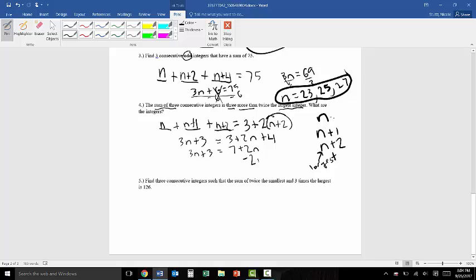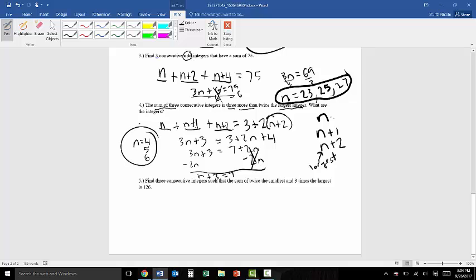Alright, so I choose to subtract 2n on both sides. So I get n plus 3 equals 7, which means n has to equal 4. And then make sure that you get your other numbers. So it says what are all the integers? So 4, 5, and 6